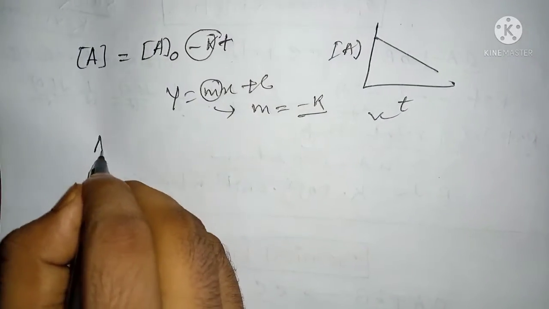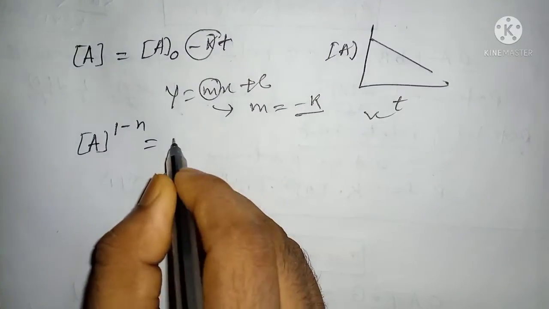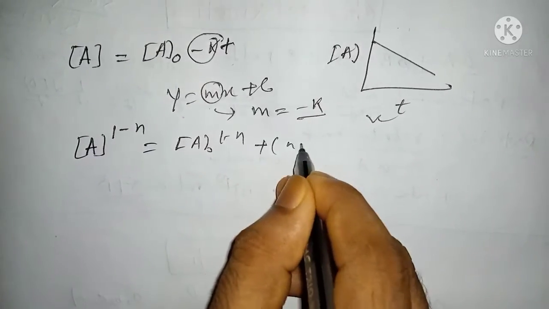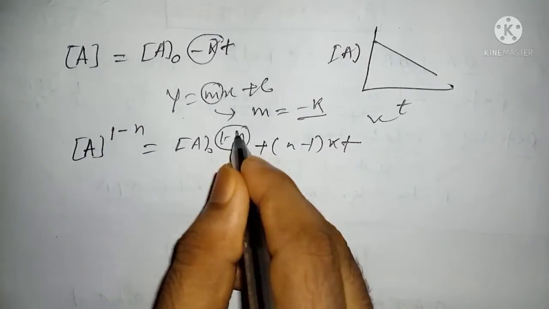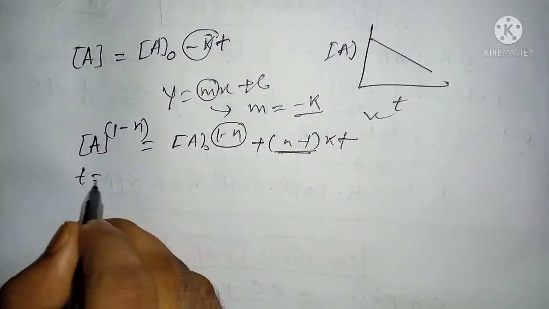Now another equation. We know the general equation: a^(1-n) = a0^(1-n) + (n-1)kt. This is 1-n, this is n-1. Remember this. Now in the case of t = t half,